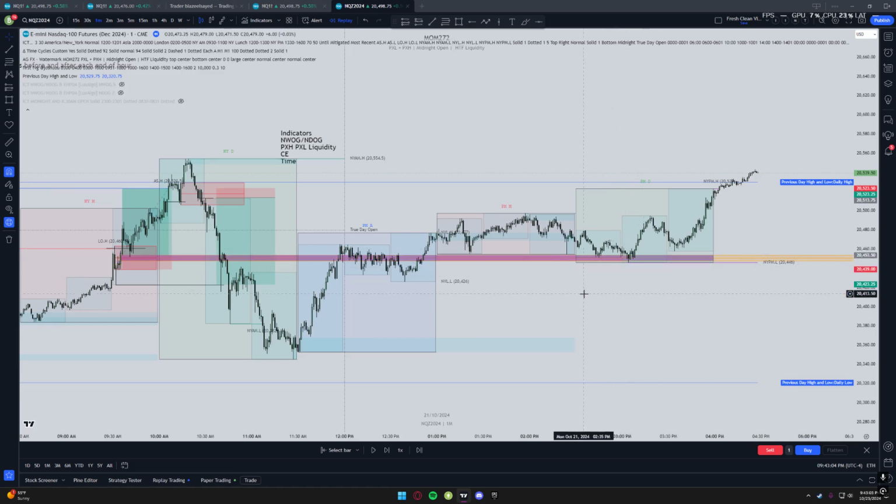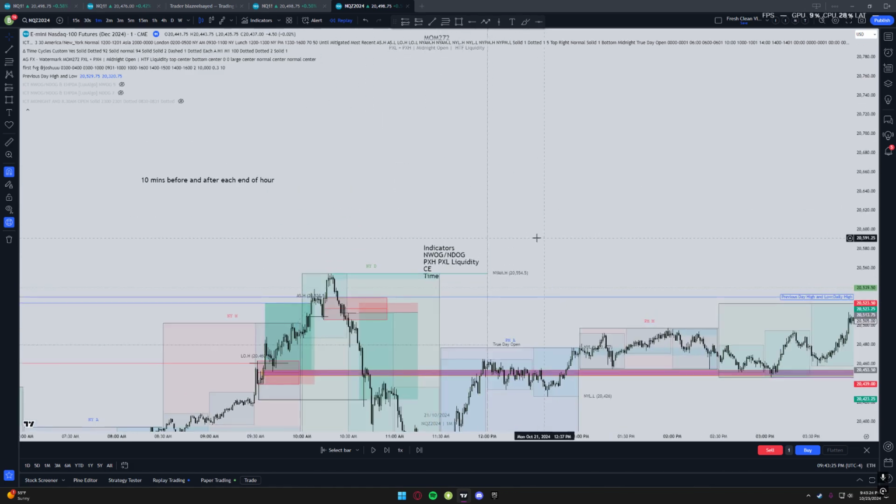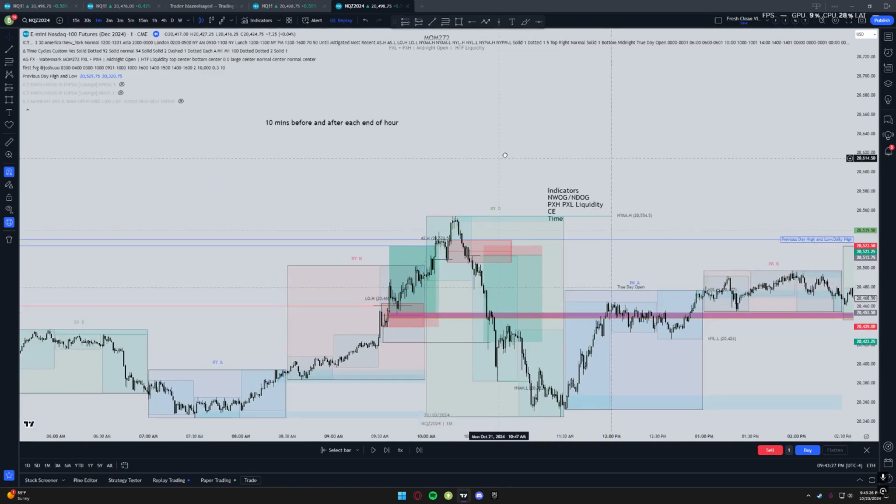That's the level of precision that you should be seeking, essentially. I'm not saying this is a good trade, but I'm just saying time is very important. Time can be the difference in a profitable trade and a losing trade, even though it could be the same exact setup, because it'll work at a certain time. That's the key part. And you can see that sometimes even during these times,